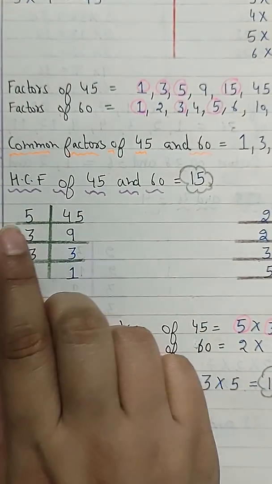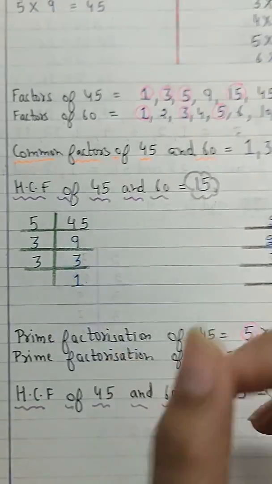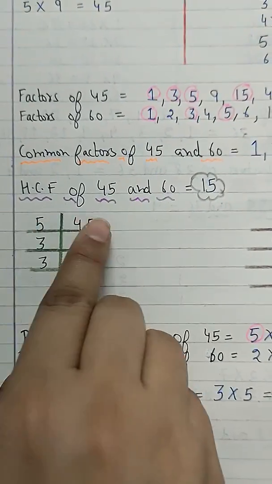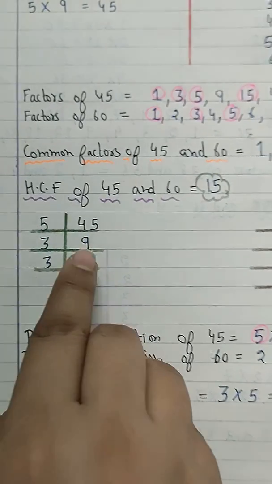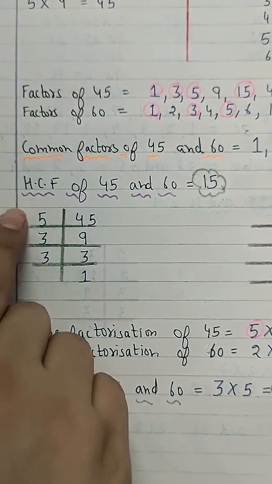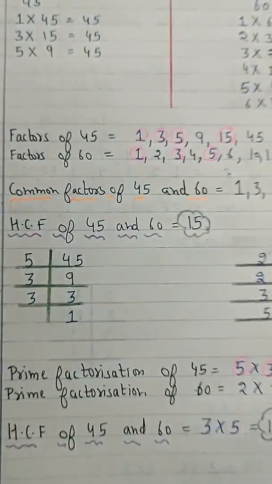So now for 45 we are going to use 2, it will not be divisible by 2, so as it is having 5 at the last, I am going to write 5 here. 45 comes in the table of 5 at 9, 9 comes in the table of 3 at 3, 3 comes in the table of 3 at 1. So we have got the prime factorization of 45: 5 into 3 into 3. This takes time, this is more easy, I can see.